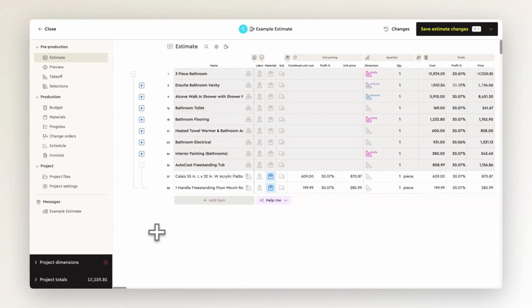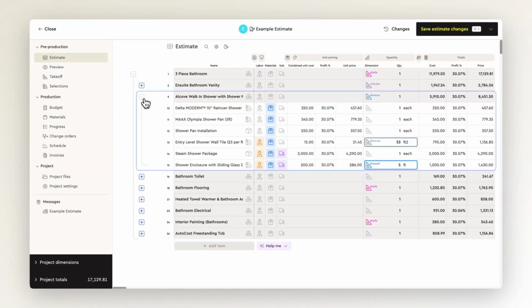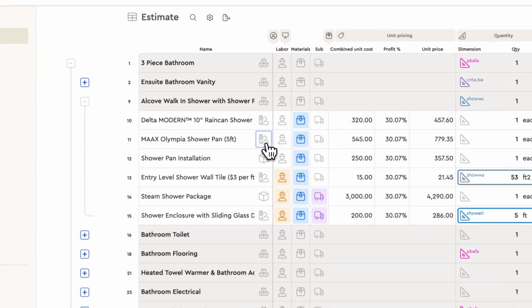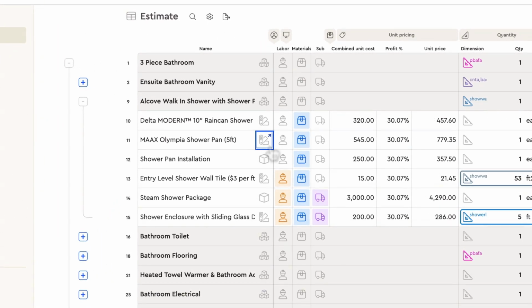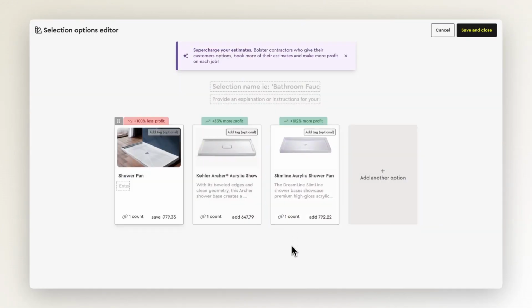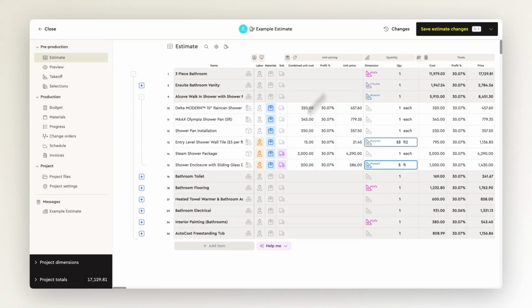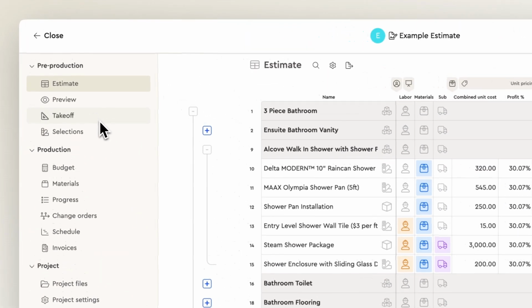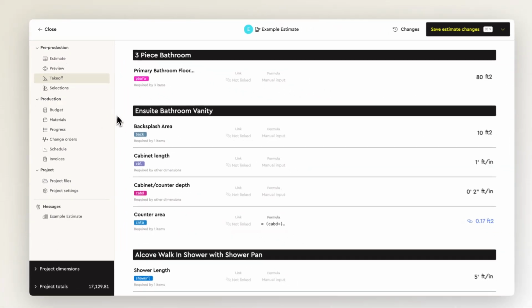To make an item optional, add upgrades to it, or turn it into a selection, click the icon next to the item name, and then open the Sales section to manage the selection properties. Doing this gives your customers a point of sale experience in your proposals and allows them to upsell themselves on selections designed by you. The Takeoff tab in the Estimate sidebar on the left is where you can input all